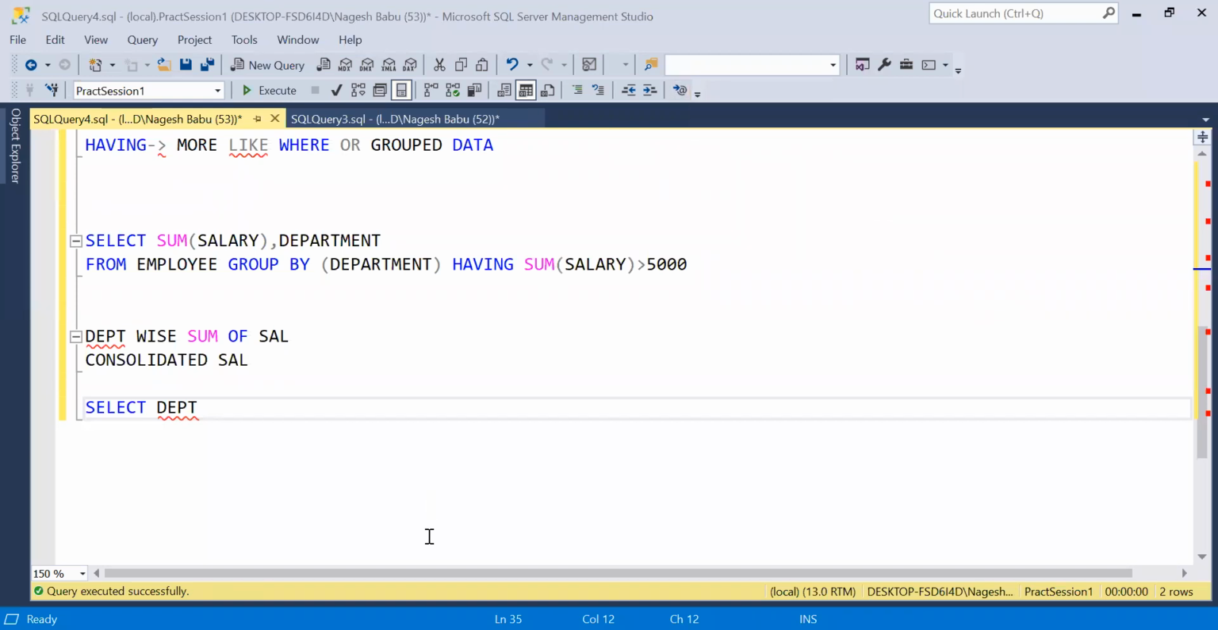Guys, mute yourself if you are joining us new. Okay, let's select department, comma department wise salary. So sum of salary from